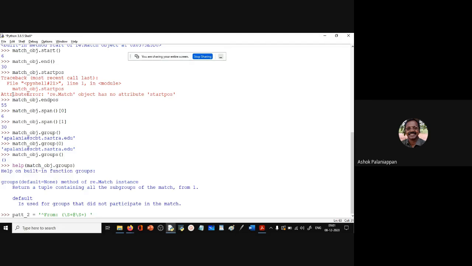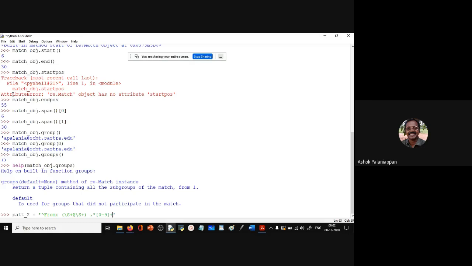Let's continue the expression. Now it has to match any character, so I'll put a dot and star. Then it has to match a number. I'll say 0 to 9, and then I'll say plus.